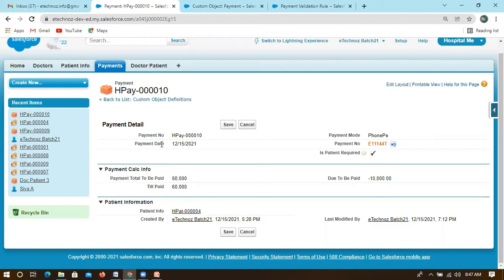Instead of that, if I want to control it, I need to go with a validation on the date formats, so it is clear when the user is entering a future date or past date. We can check, and accordingly it will throw an error, so that we can control that.